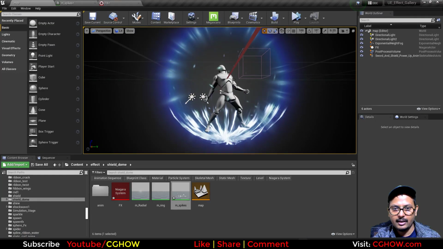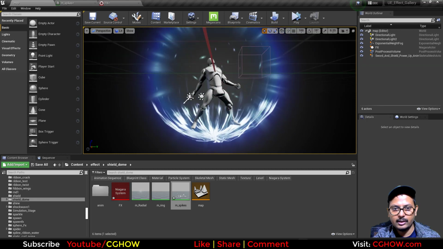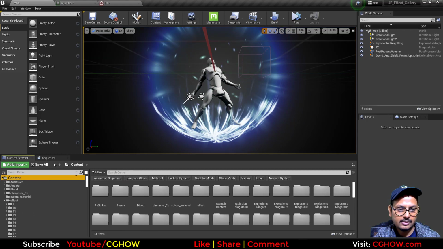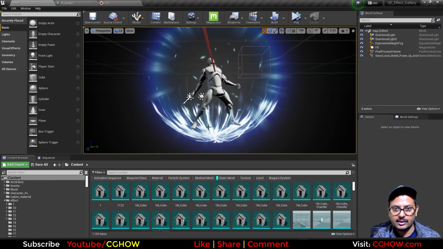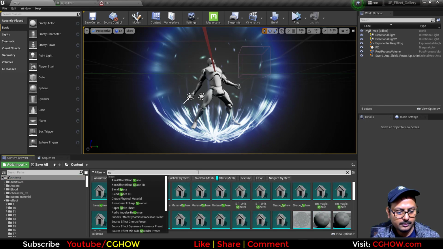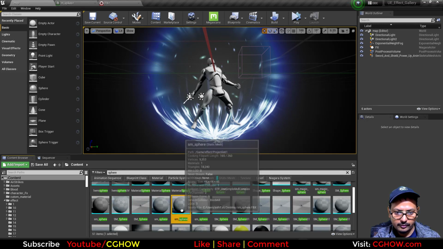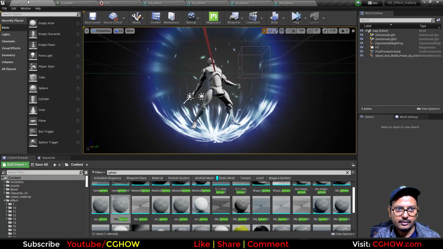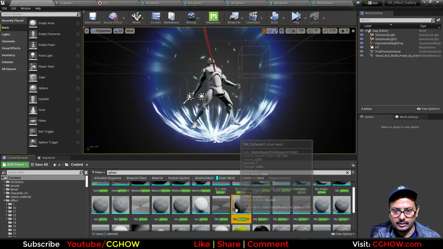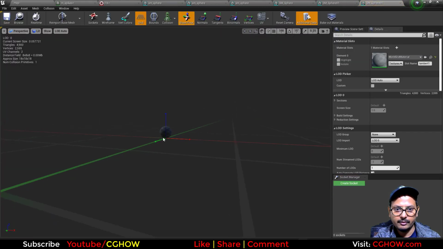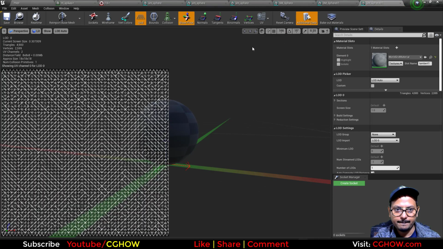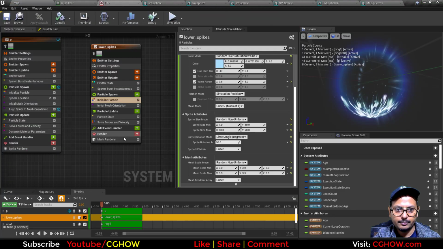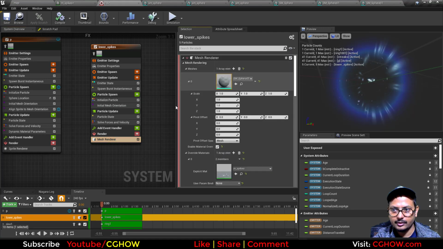and I'm not liking this much. So what I'll do, I'll search a sphere which has a bottom pivot, because in this sphere we have center pivot. Let me search. So we have lots of sphere. Let me check. Center. I know I have one sphere with that. I think this one. Yeah, this one. So pivot is in the bottom, and yeah, so I will just preview this and use that here, and need